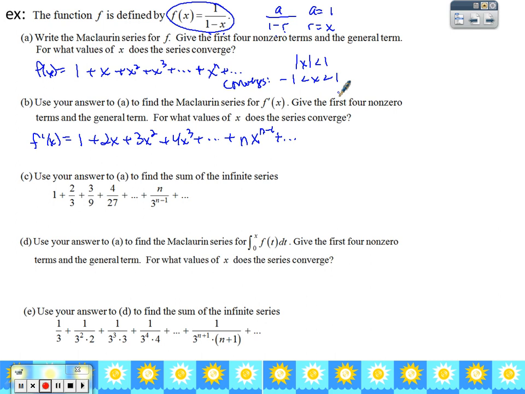All right. The nice little thing that we had going on with endpoints only applies to the very original one that you create. It does not apply to derivatives or integrals of that. So we're going to have to check endpoints. So let's do that. So when x equals 1, we would have